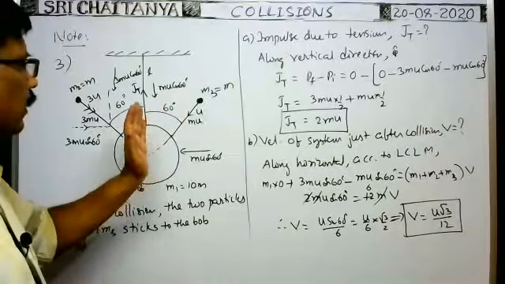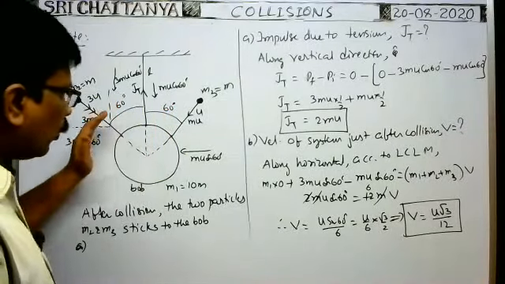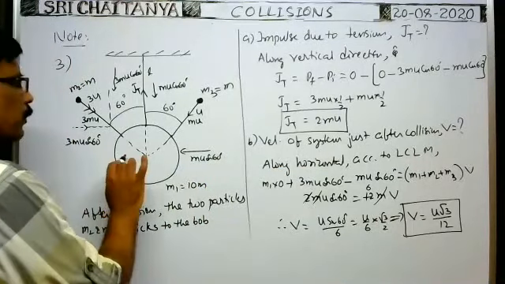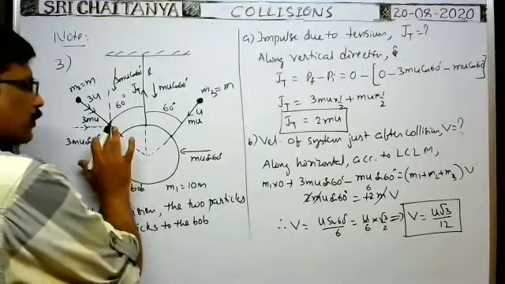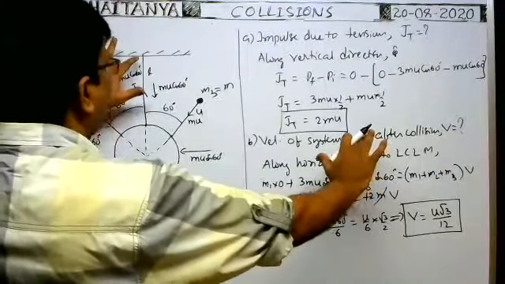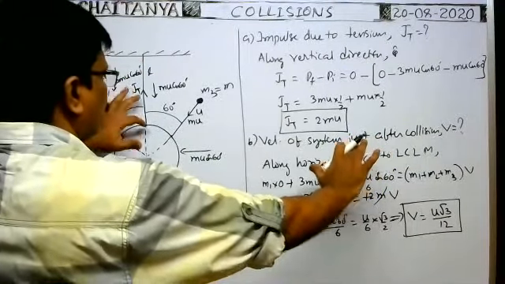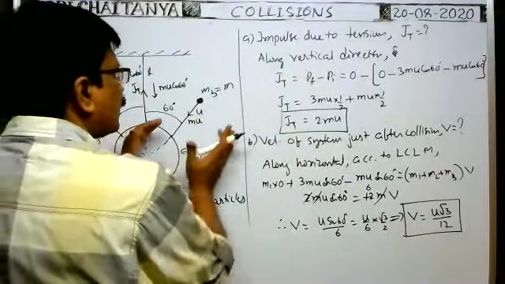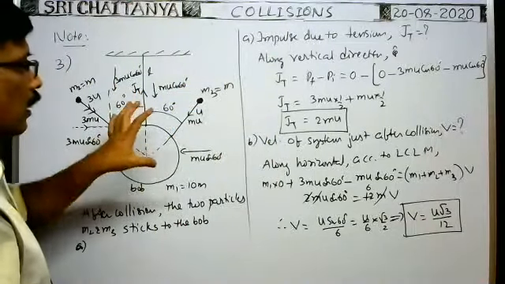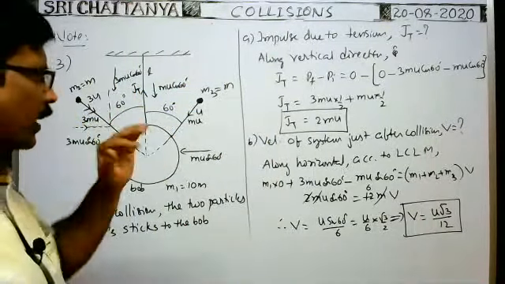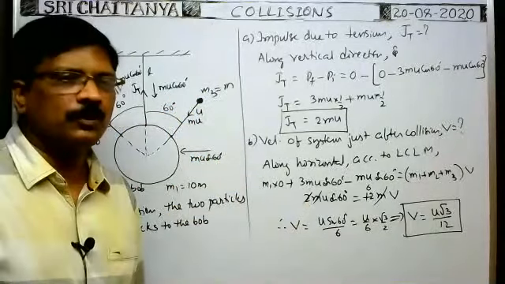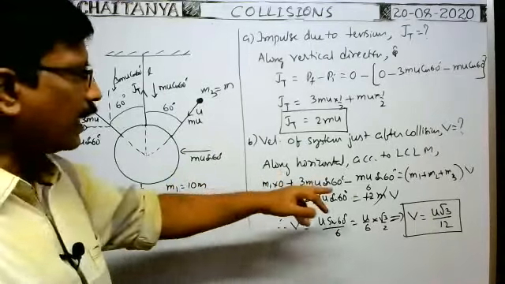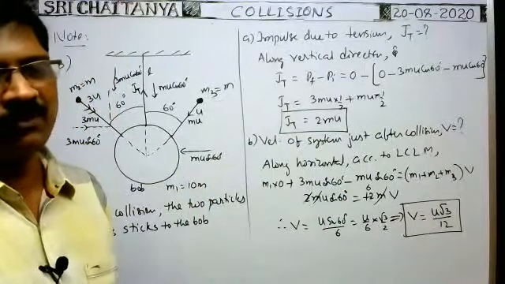But when you give some time, this sphere tries to move in this direction with this common velocity, because after collision, as this momentum is greater than this momentum, the system tries to move in this direction. But as the string is there, it prevents the motion of this system in this direction. So due to that, it rises like this until its kinetic energy becomes zero. What is the height it reaches? Again, according to the concept of ballistic pendulum, here also we can do. Okay, it is the velocity immediately after collision. In this way we can do.